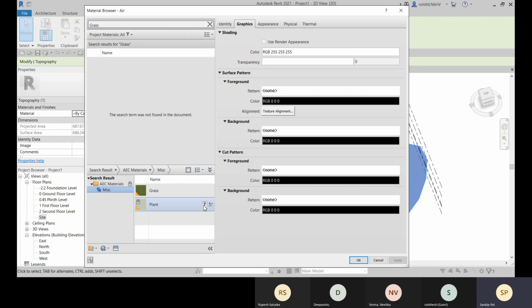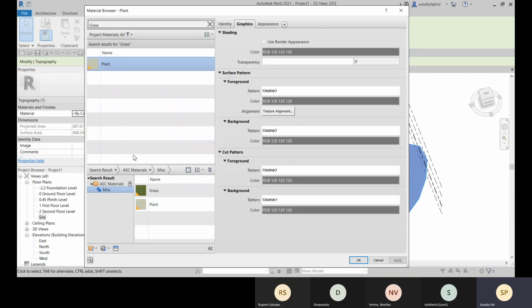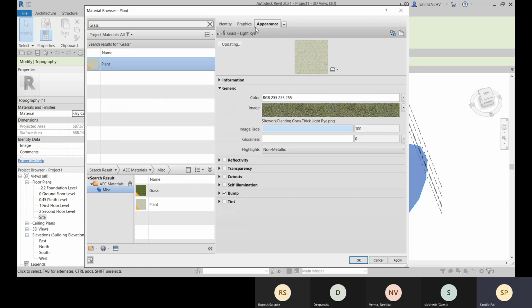And if you are not applying changes and want the defaults, then just add it here. And here in this appearance, you see this is the image which will be applied, and this is the color. And here we have this image fade option: how much of the image will fade, and how much color will be applied.